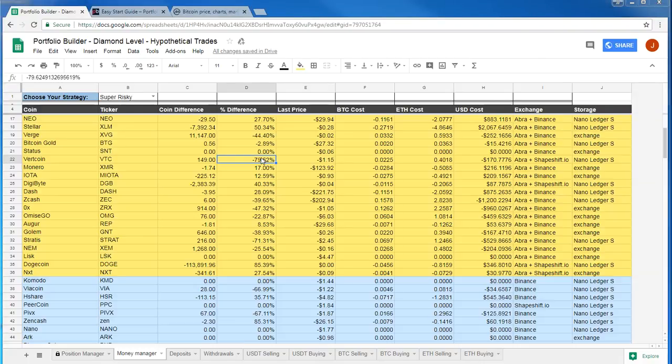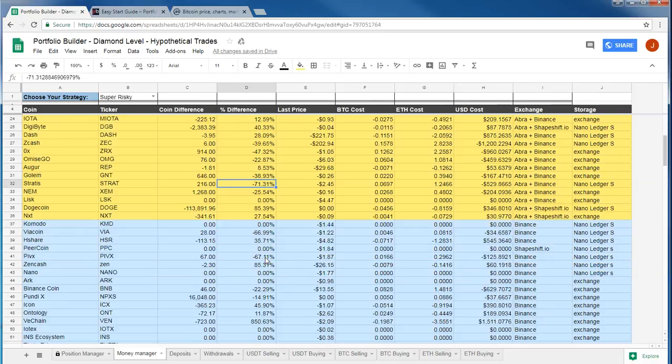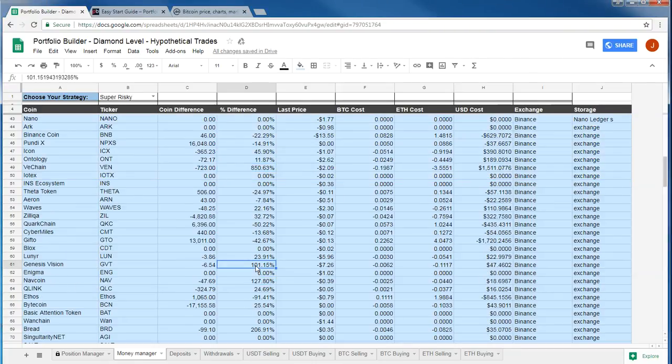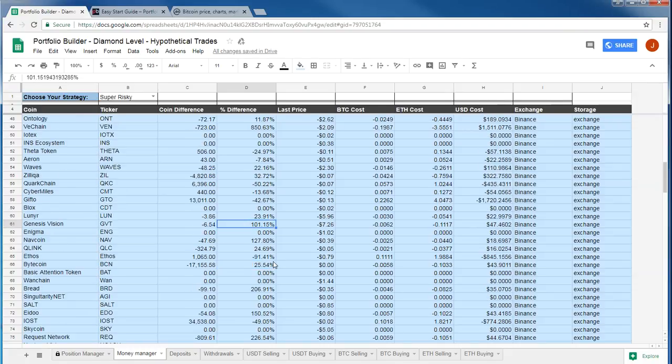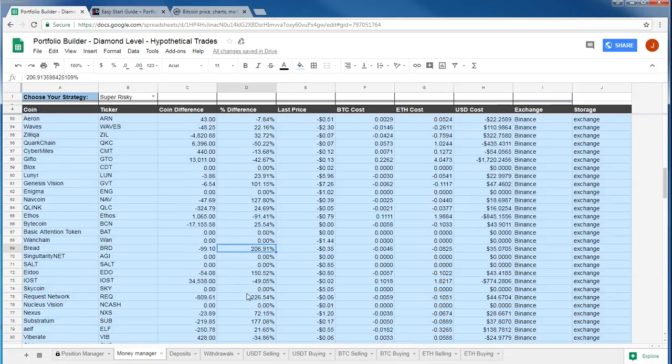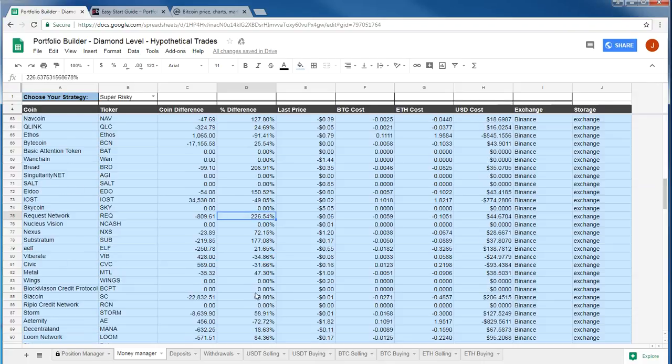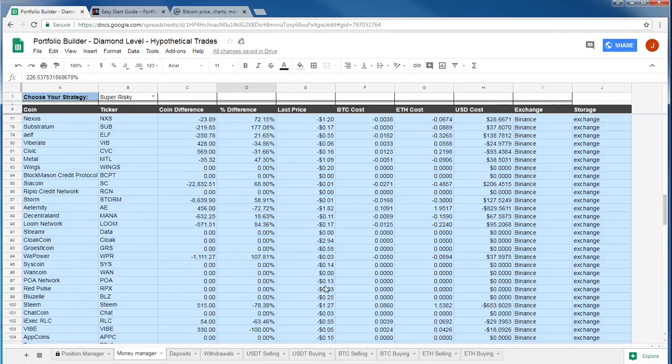I'm short on Vertcoin by 80%. I'm short on Stratus by 71%. I have 850% too much VeChain. I've got 100% too much Genesis Vision, 200% too much Bread, 200% too much REQ, and you can continue to